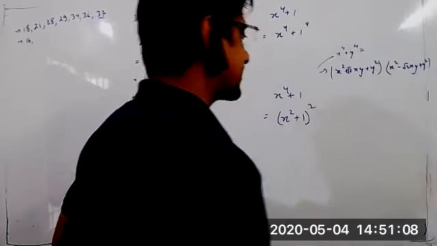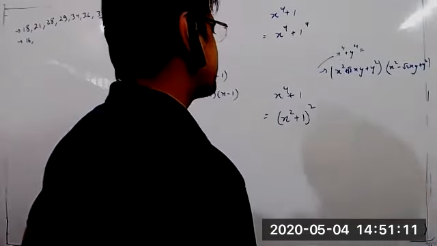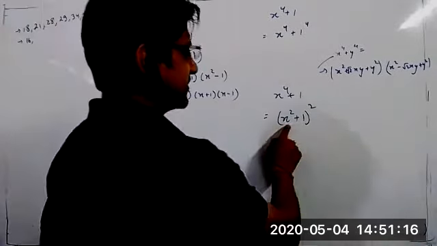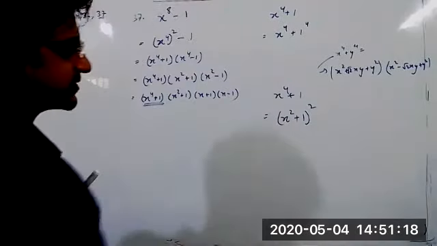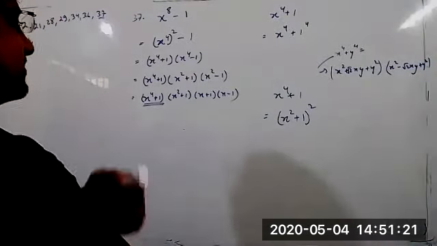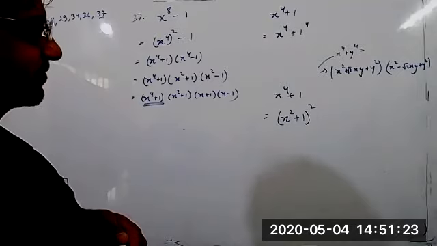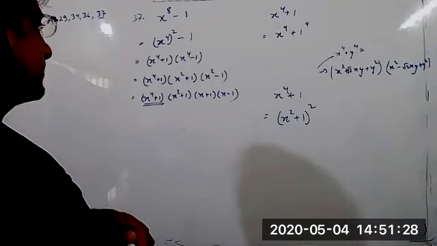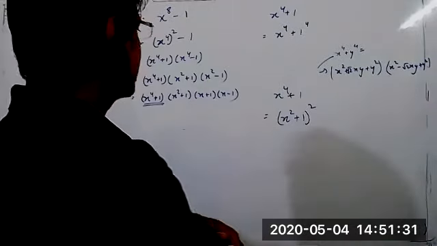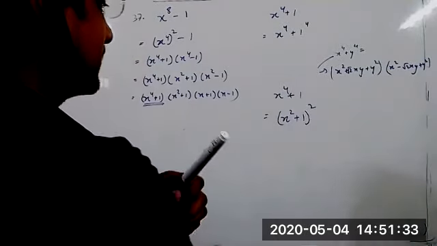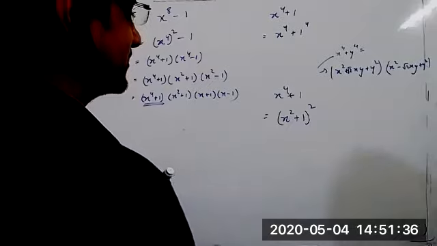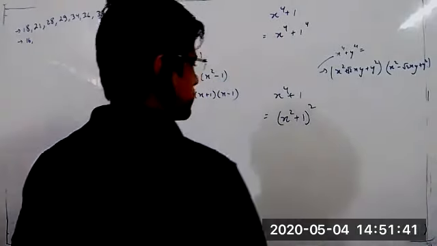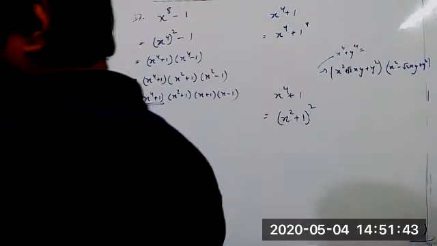And now what you have to subtract? Can you make it this way and do some subtraction and find it out? Can you give a try? Sir, the middle term is 2x square, so we should subtract 2x square. So you do it. Give a try. Just give a try.